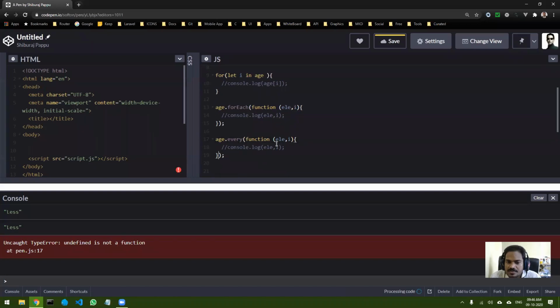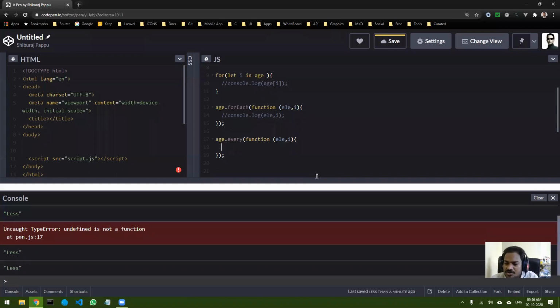In this callback for the every command, you should return true or false. The every command will return true if all the element function calls return true, and if any one of them returns false, the every command will return false.